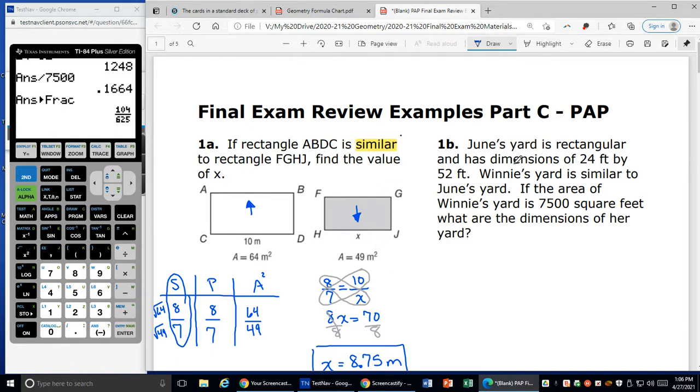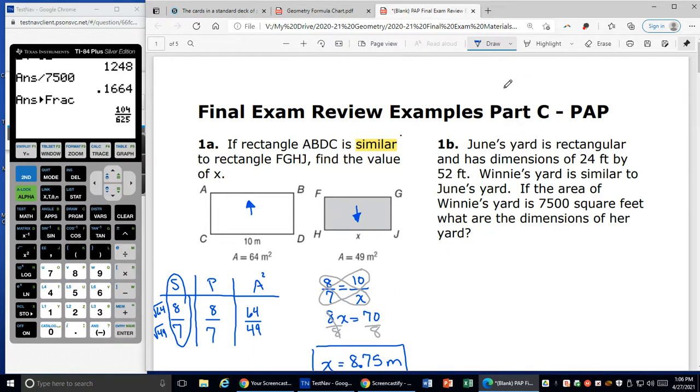So 1B, June's yard is rectangular and has dimensions of 24 feet by 52 feet. Winnie's yard is similar to June's yard. If the area of Winnie's yard is 7,500 square feet, what are the dimensions of her yard? So it's going to be similar to this problem, just a little bit more involved, and it also doesn't give